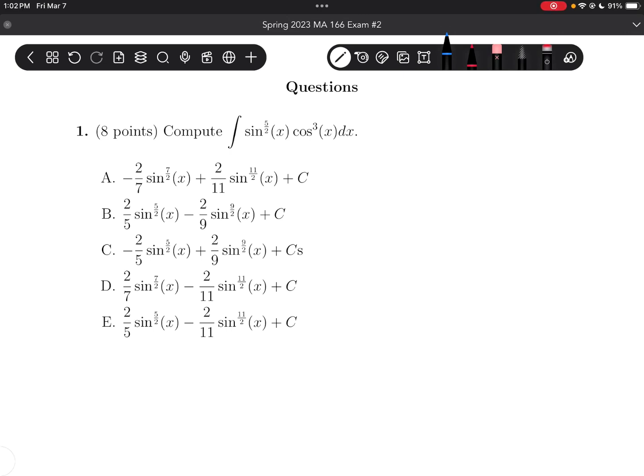Hi, this is the Spring 2023 exam number 2 for MA 166. So starting with problem 1, it asks: compute the integral of sine x to the power of 5 halves times cosine x cubed. Alright, so this is obviously not an expression that we can use one of our basic antiderivative rules for,